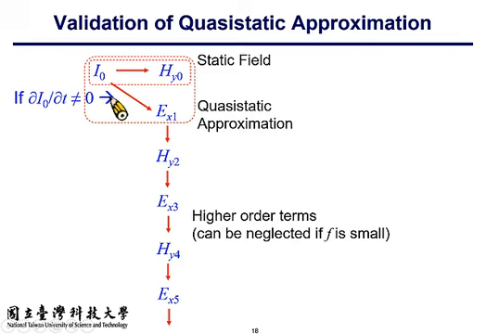However, as the frequency goes up, you will see that the higher order terms such as Hy2, EX3, Hy4, and EX5 appear consequently. And they are the so-called beyond